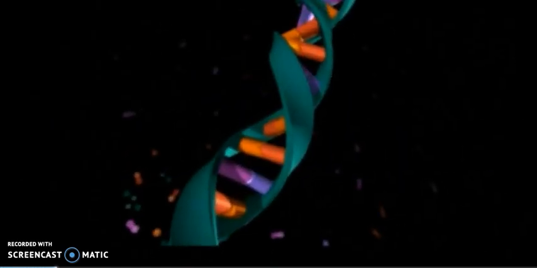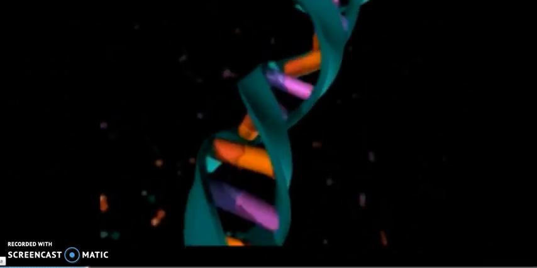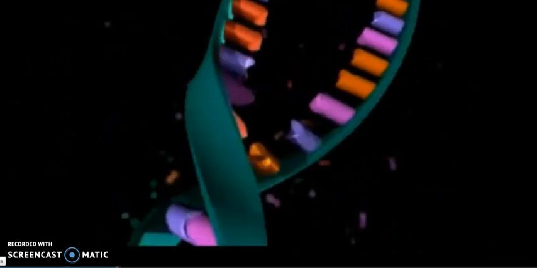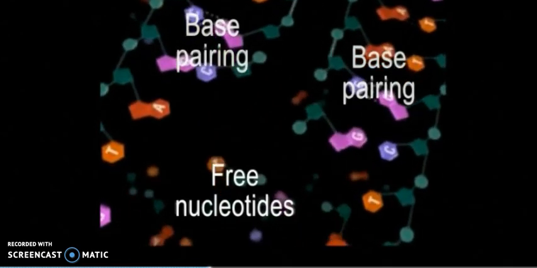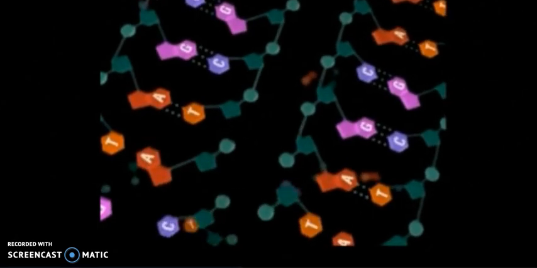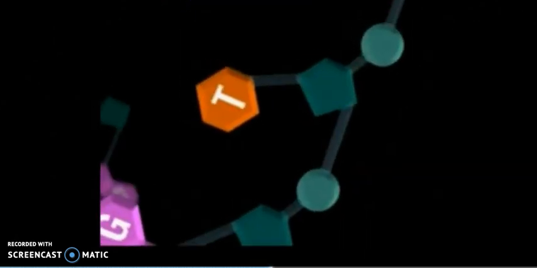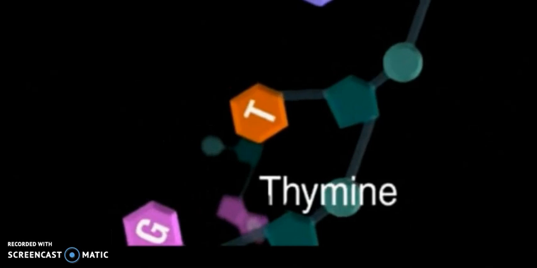In order to replicate, the two nucleotide strands of a DNA molecule separate at their base pairs. Each strand then builds its opposite strand by base pairing with free nucleotides. For example, if one nucleotide on a strand has thymine as a base, the free nucleotide bonded to it would